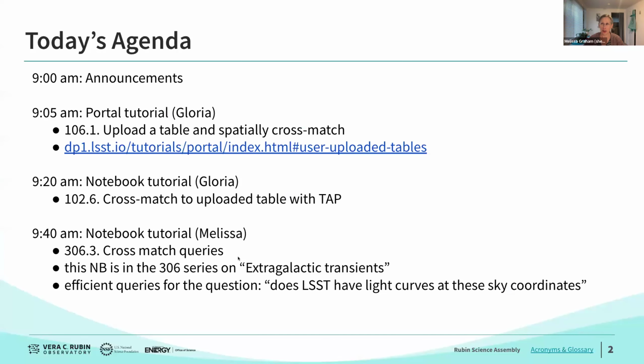So today's agenda, as always, we're going to start with some announcements. Then we're going to switch over to Gloria, and she's going to give you first a portal tutorial on how to upload a table to the portal and do spatial cross-match. Then the basics of how to do that in a notebook tutorial. And then I'm going to show you again in a different notebook tutorial, the specific case of using user table upload and cross-match when you're trying to get a bunch of light curves all at once. So we got some general cases, some how-tos, and then the specific case of trying to get bulk light curves